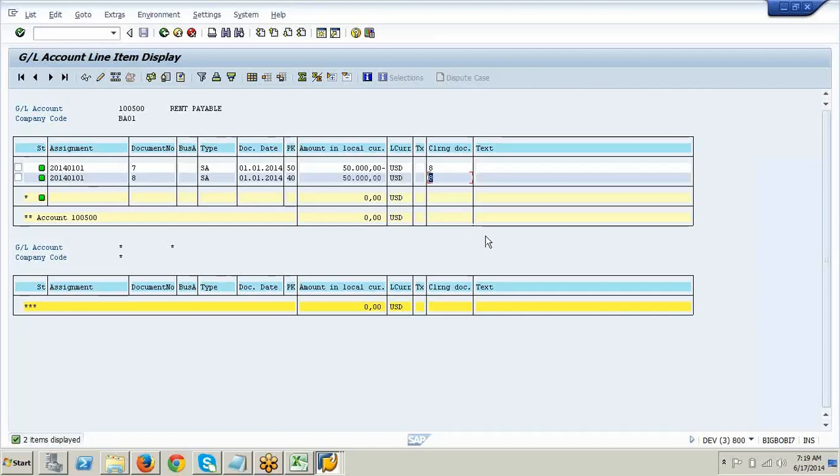Now the question is, what GL accounts can I treat as an open item? Can I treat P&L as an open item? No, correct. I cannot. So P&L accounts are gone. In balance sheet, can I treat all balance sheet items as an open item? No, right? Like bank. If I create a bank account, I cannot create it as an open item. Do I owe to the bank if I create a bank account? No, right? I cannot.